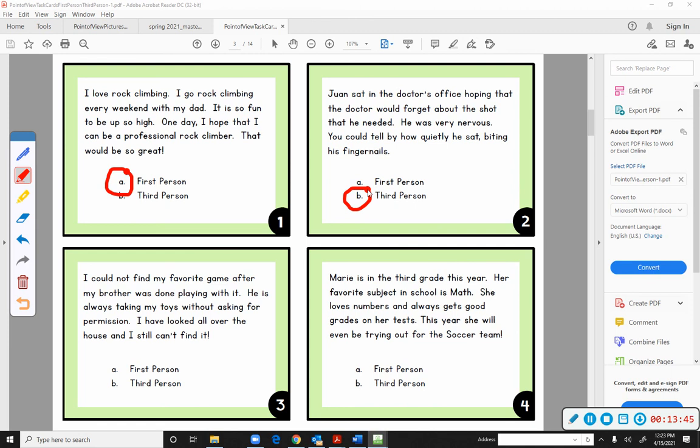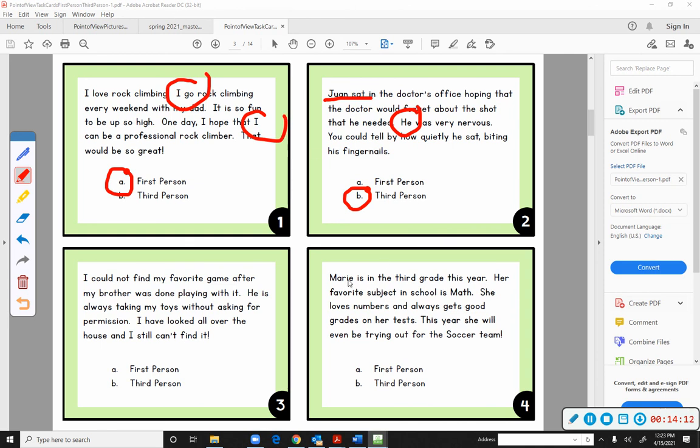And it had a name. It had a name, a character's name. He looked scared. It had the pronoun he. And it talks about the other person and not the first person talking about him. Yes, we said that. The character's name is in there and the pronoun he. Over here, the pronoun was I.